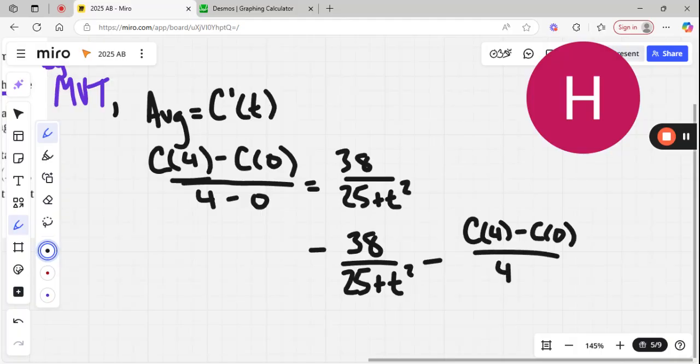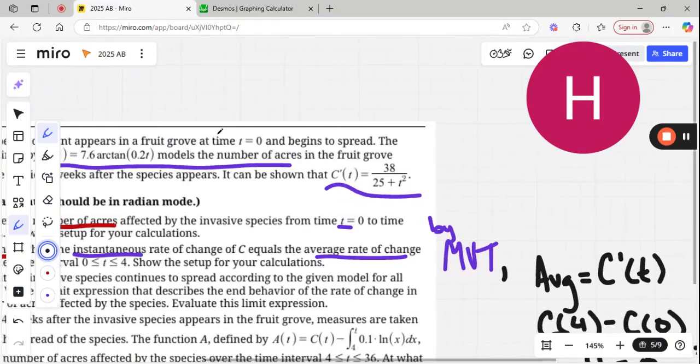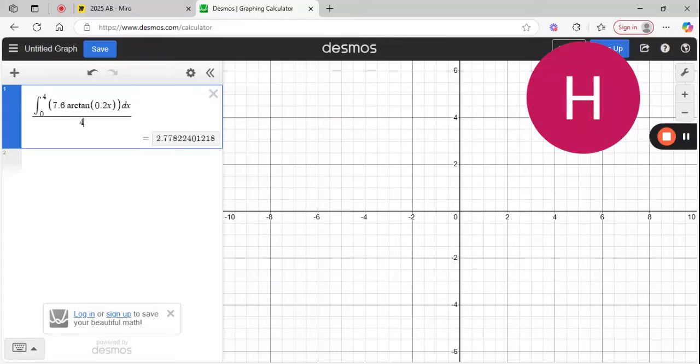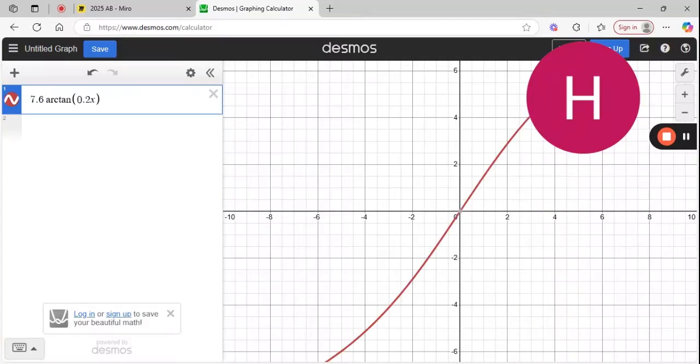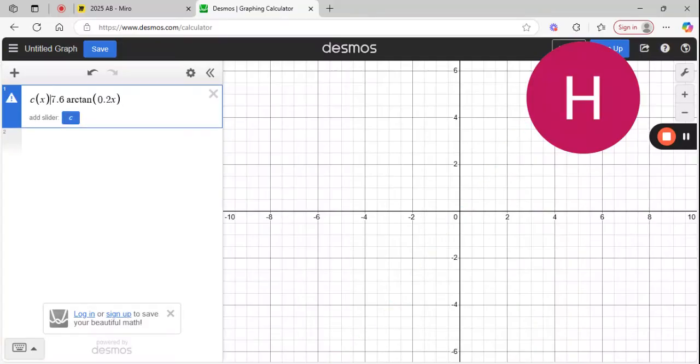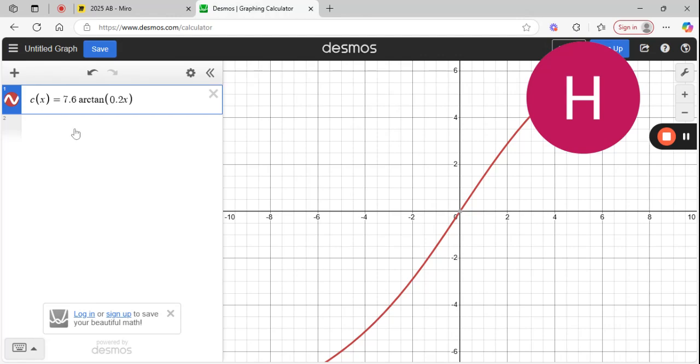And we want to find out when this is equal to 0. So let's just program the function in really quickly. We're going to say that c of x is this. Okay. And then we're going to plug in a function that says y equals 38 over 25 plus